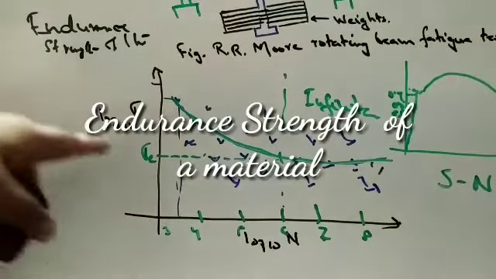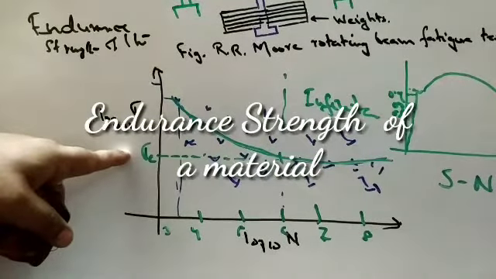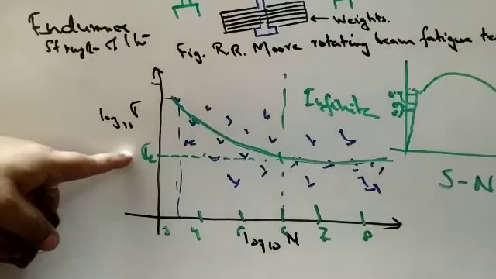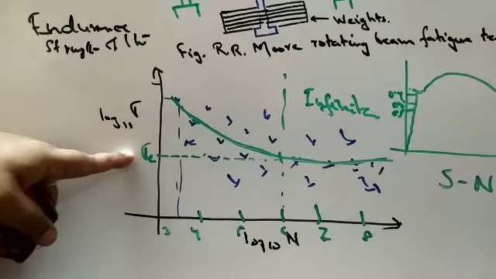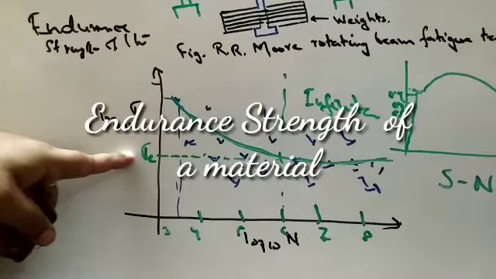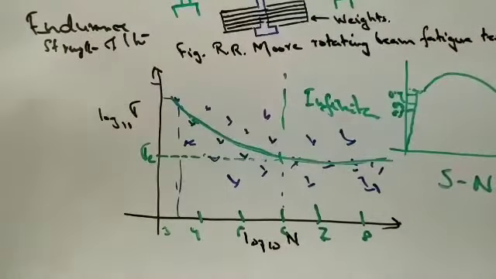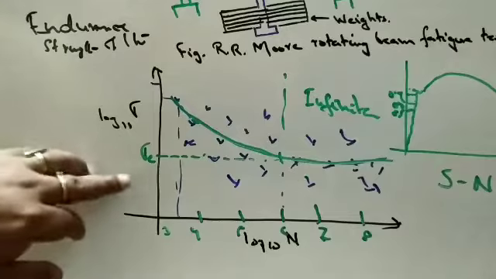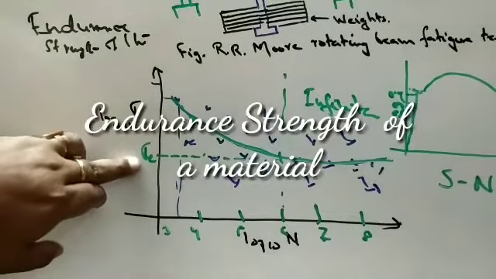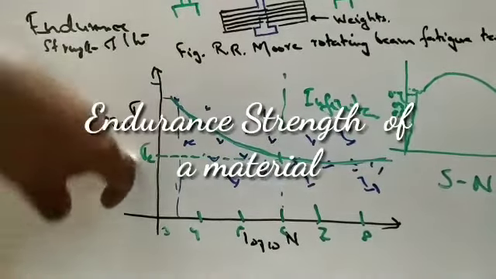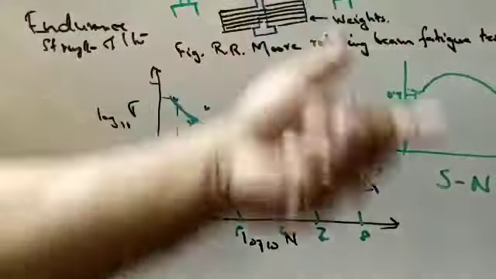Because it is the maximum value of stress. Please note carefully, it is a maximum value of stress which, if given to that specimen, the material will not fail and it will achieve infinite life. So this is the design criteria for the machine, for the material when it is subjected to